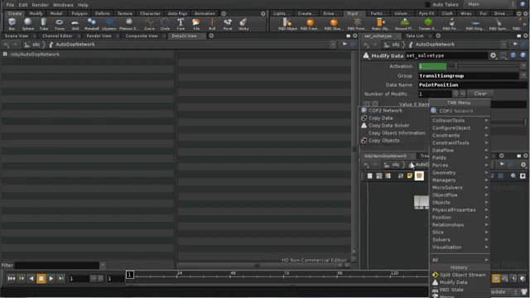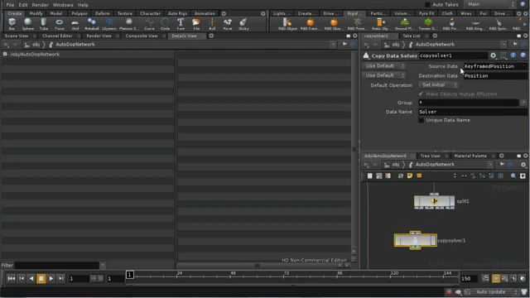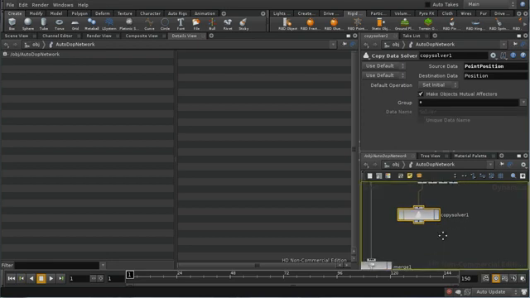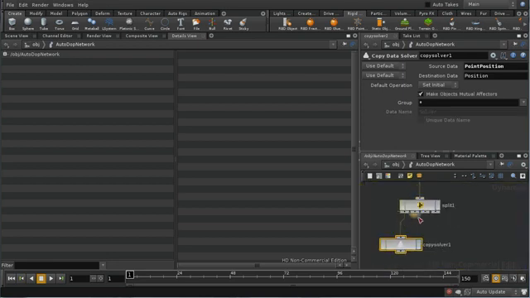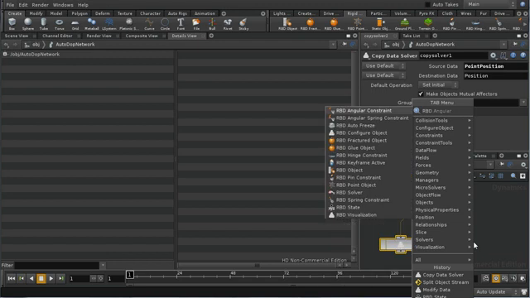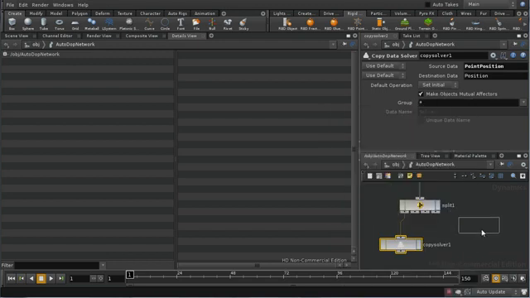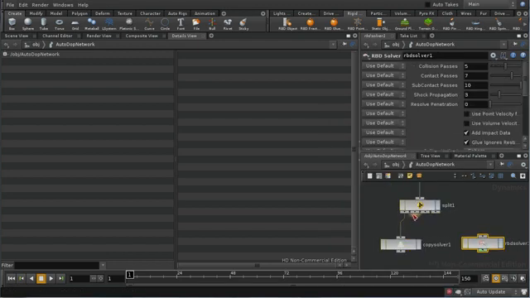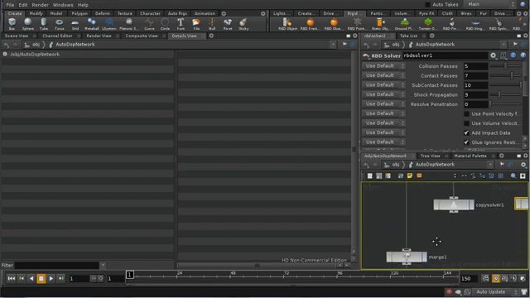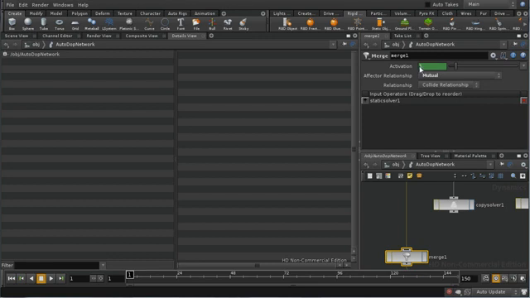So we need a copy data solver where we're copying from point position to position, and that's going to deal with the objects coming out of the first stream. And then we need an RBD solver which is going to deal with the objects coming out of the second stream. Now I could just attach these to this merge node here, but if we see that the merge node